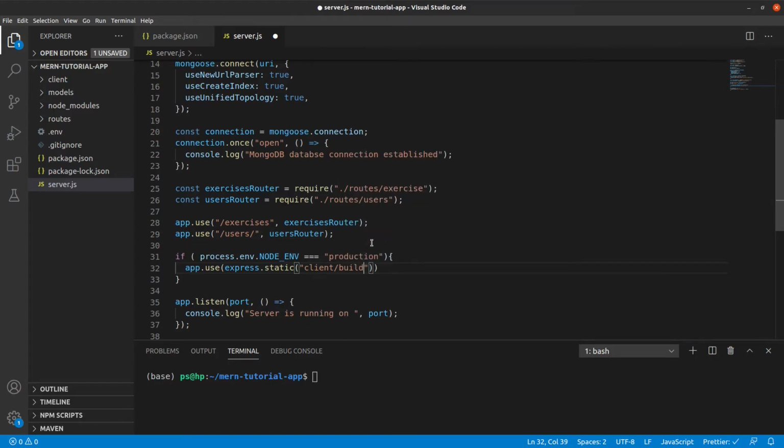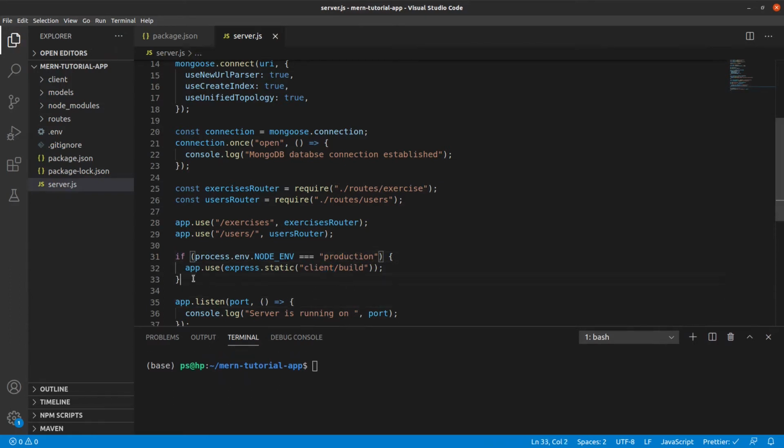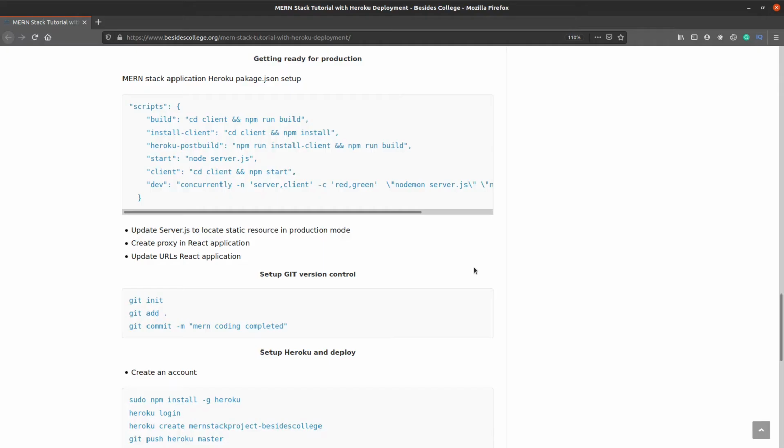Okay, so if your application was front end, or if you have renamed this folder as front end, you need to write front end here. Okay, so in our case it is client. All right, let's save these changes. That way our production setup knows where it can look for static resources.